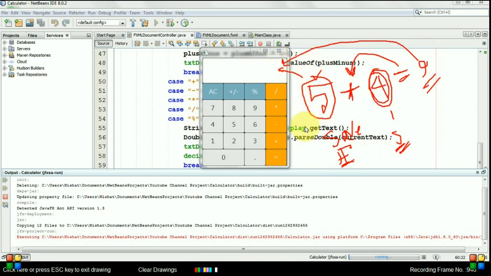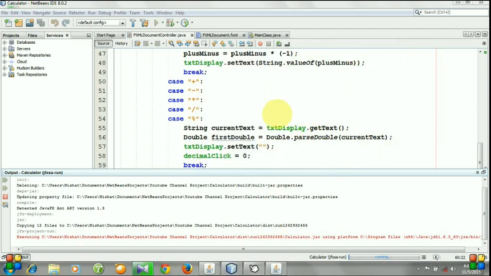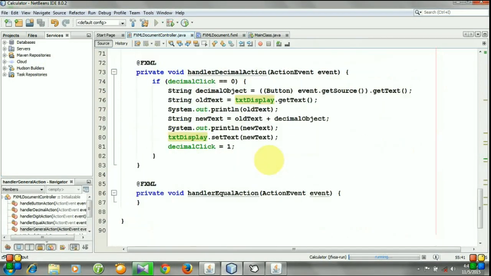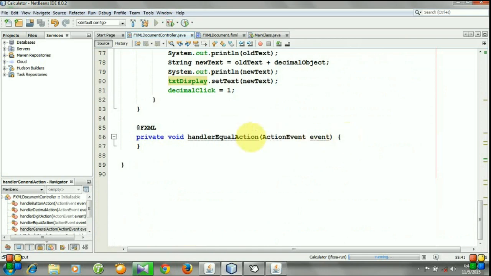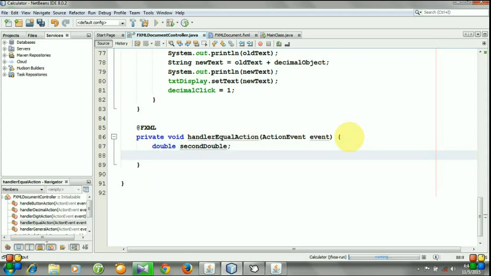So let's start coding. Handler equal action. At first we need to declare the second number, that is double second double, and the result variable.